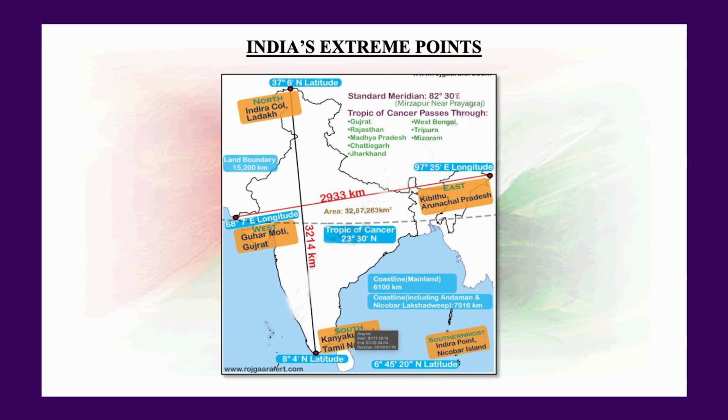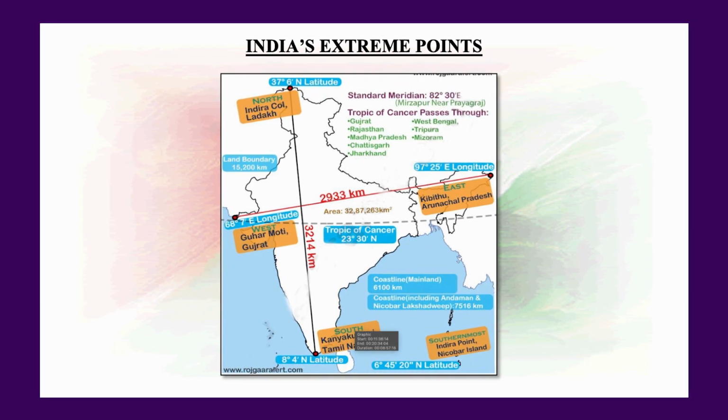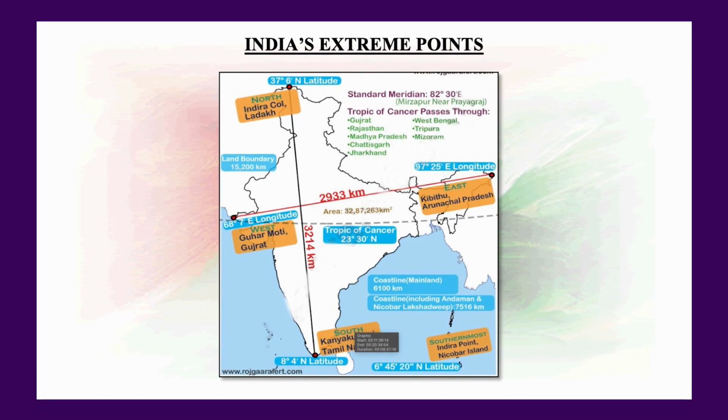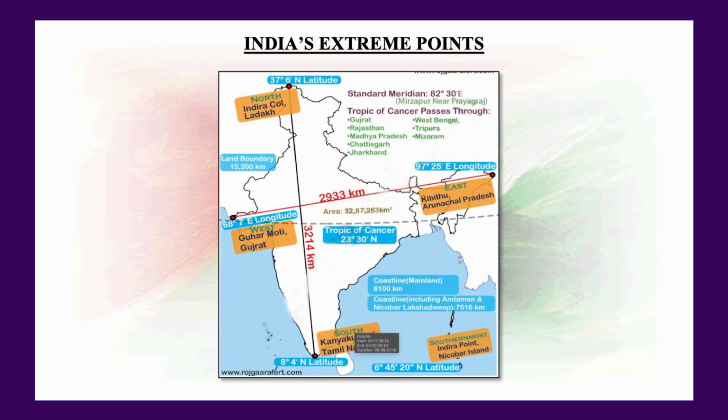The southernmost point of India. Indira Point is the southernmost point of India, located in the Andaman and Nicobar Islands. The exact location of Indira Point is Great Nicobar at 6 degree 8 minute north latitude. Indira Point is also known as Pygmalion Point or Parson Point. It was named after the former Indian Prime Minister Indira Gandhi in the year 1985.